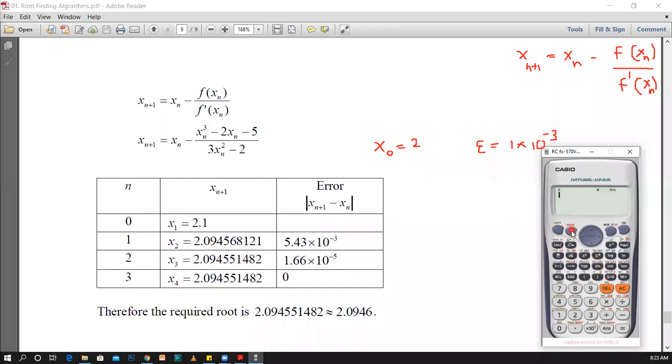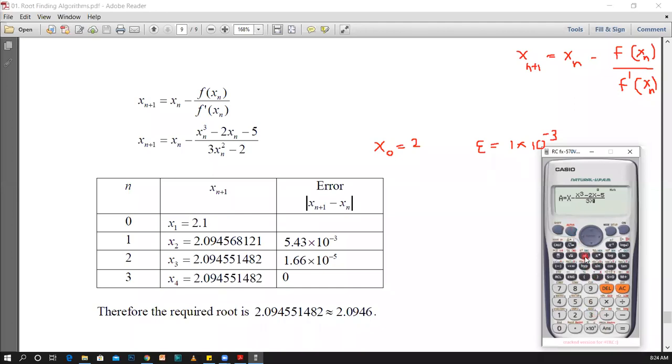First of all, I will include it in the calculator, and I will take the letter a as x_{n+1}, and this is equal to x minus the function, again x cube minus 2 times x minus 5, and in the denominator we have 3 times